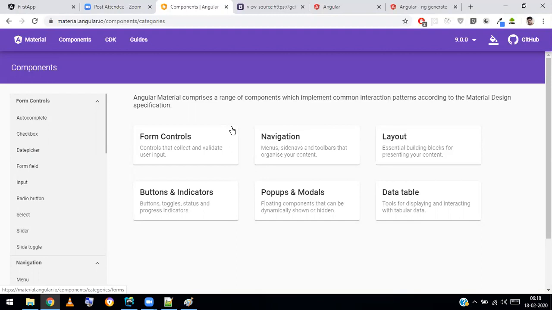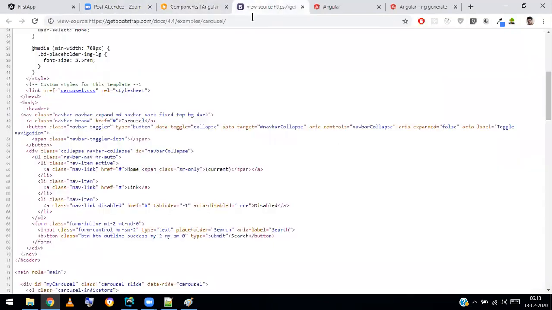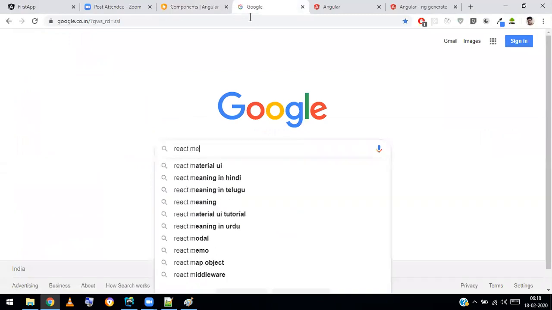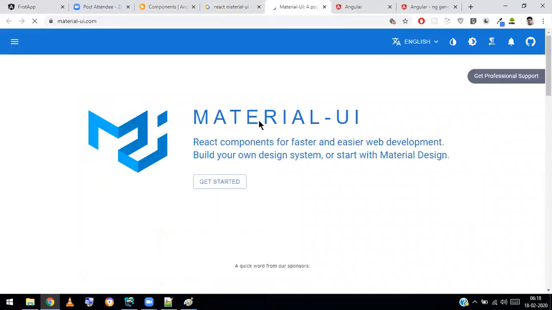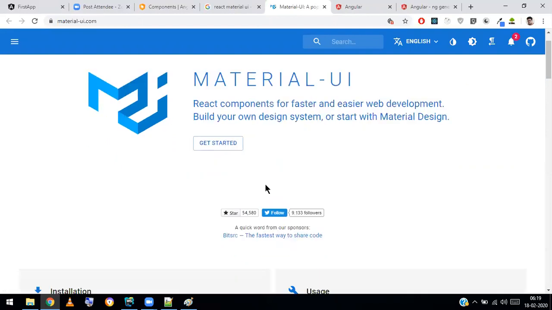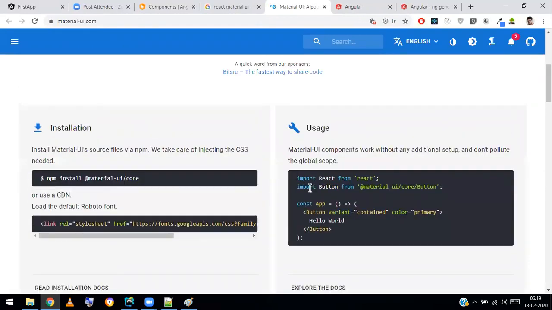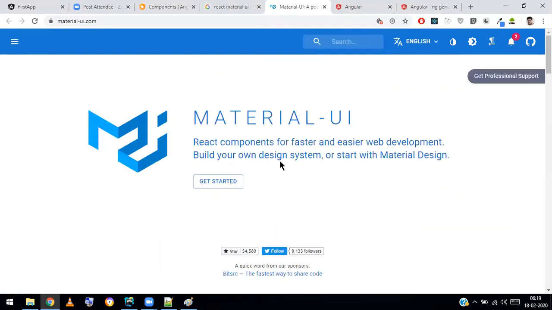For every framework there is its own library. This is about Angular, right? React also has its own. If I go to React material, Material UI is a popular UI library given for React. It is React specific, and they make everything with the React source code base.